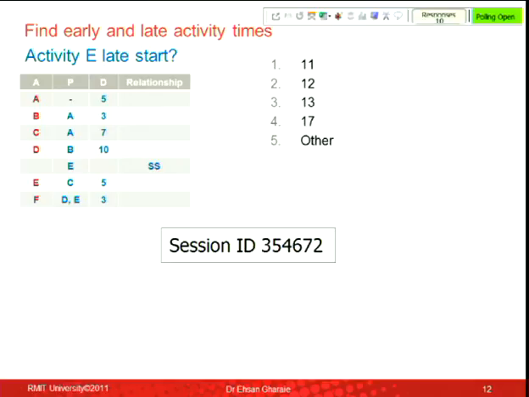Guys, I want you to enter the result into this session ID, into response bar, because I know there's a lot of confusion. And if you can't figure out the result, choose other. But I want you to take a stance. Do something. If you find a result, put it there. If you couldn't, put in other.